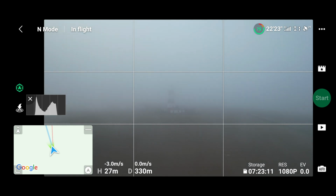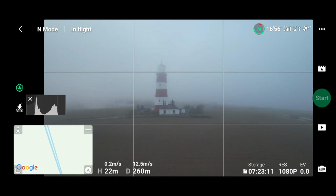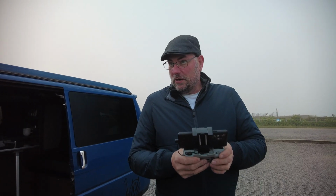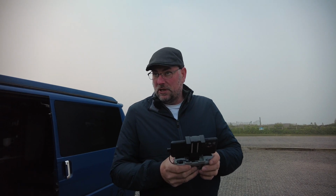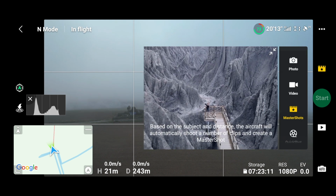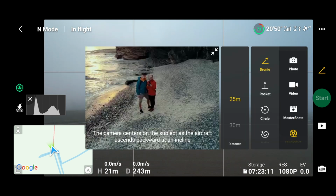Well, we don't want that when we're in the clouds. So let's go forward, and I can see the lighthouse again. So we won't go too far today. We are literally 243 meters away, and I can literally just see it. So we don't really want to go any further than that. So anyway, moving on, we have got